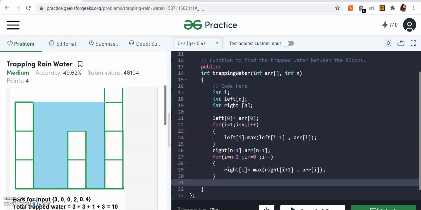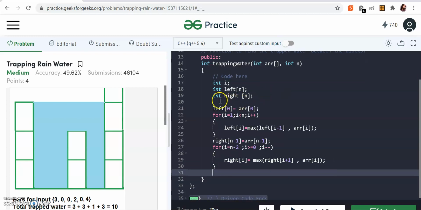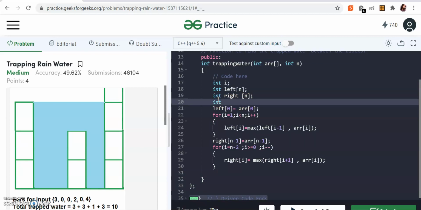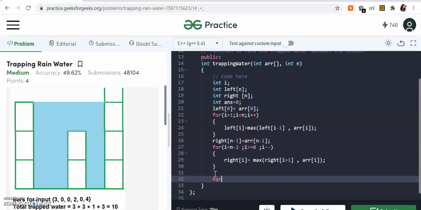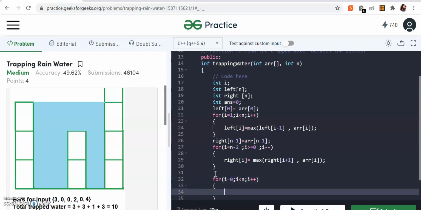Now let's just write the main code, the main function. So let's just define int answer to be 0, which will be the number of units that will be stored, right? So let's start from i is equal to 0, i is less than n, i plus plus, right?